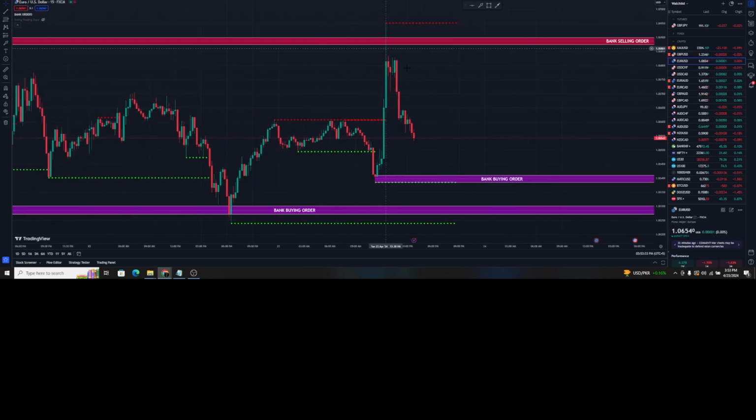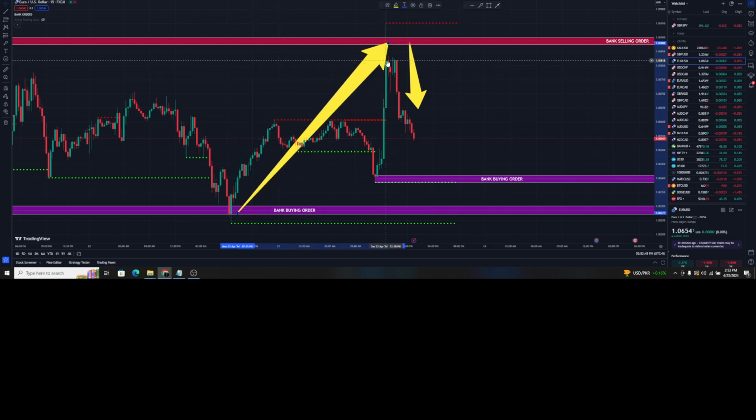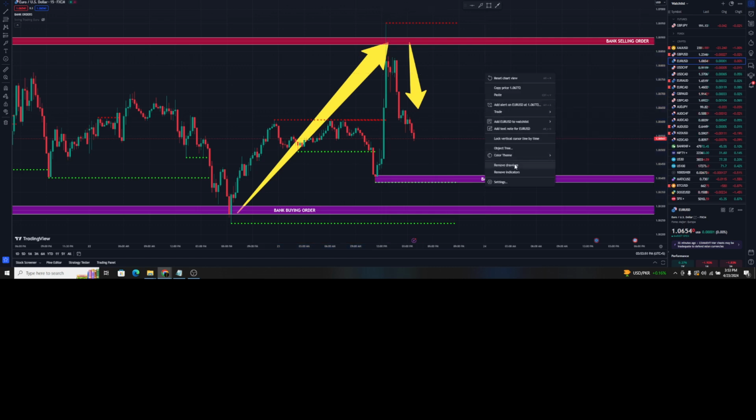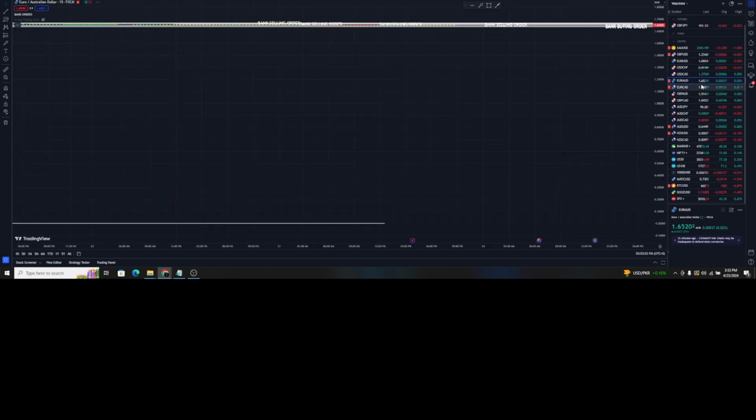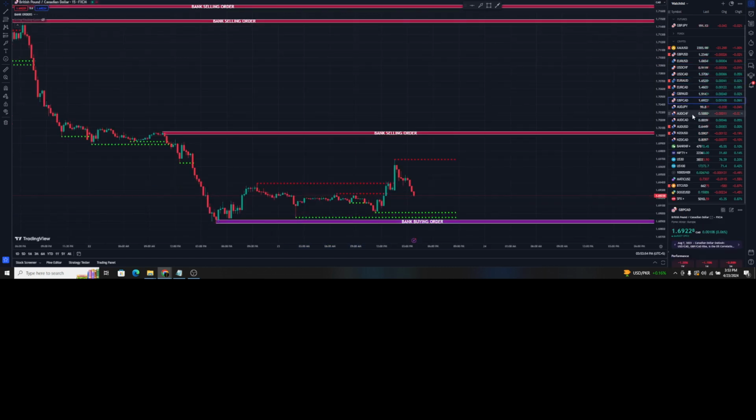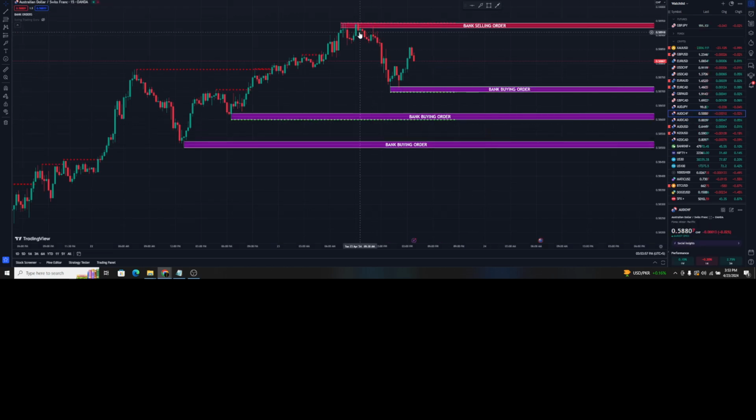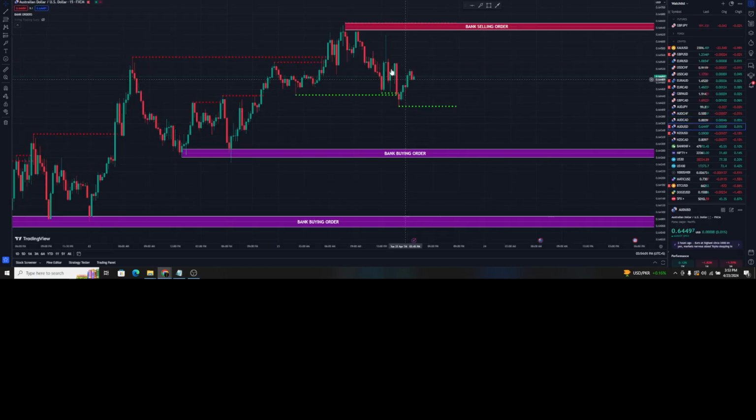Like if you just have a look at Euro USD, what happened right now, you can see from the bank selling order and the dotted red line, we have the straightforward rejection. The price is down. And if we talk about yesterday's trading, the price went up from the bank buying level, and now you can see it targeted the next bank selling order. So these types of indicators are very powerful to trade. Okay, and I can show you more examples. Like if you look here, it has received the rejection on AUD CHF, and even on AUD USD you have received the rejection.